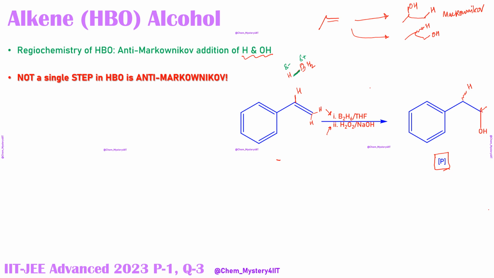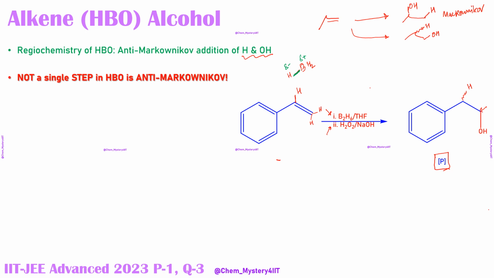If the BH bond is polarized, hydrogen takes the negative charge and boron takes the positive charge. This is a little bit counterintuitive. If you have not been paying attention to the differences in electronegativity, you may have been thinking the other way around. So once you are convinced that hydrogen is more electronegative than boron, now try applying the Markovnikov rule over here.